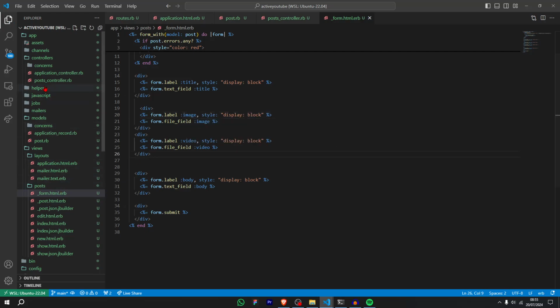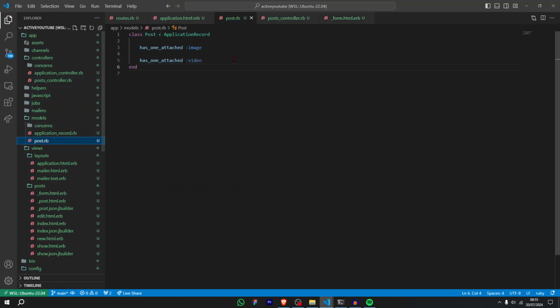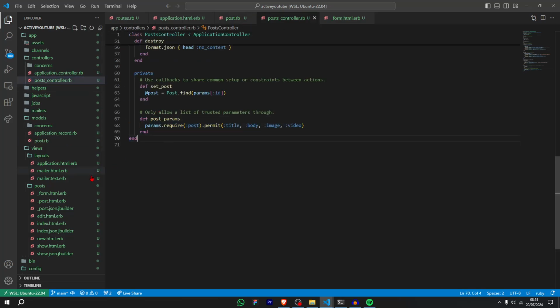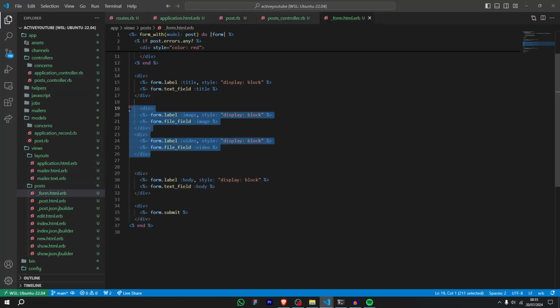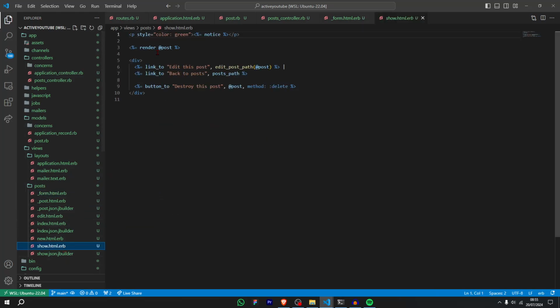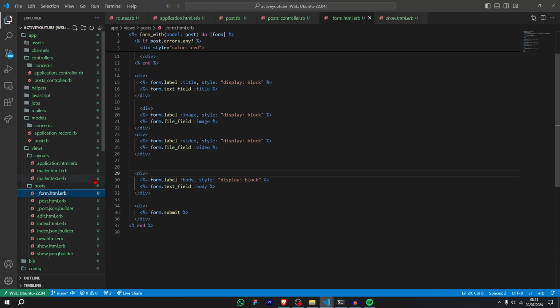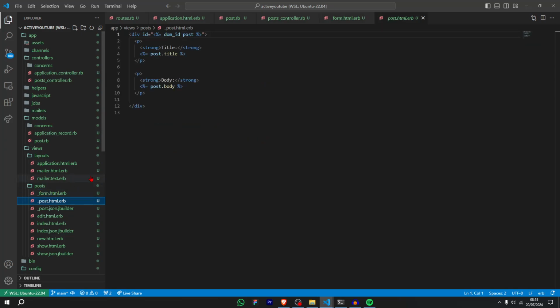So now we've got the models in. In the post model, we're attaching the image and video. In the controller, we're permitting it, and in the form, we're actually allowing this all to happen inside the view. So now all we need to do is actually display the image and video, and then it should be going well. So I'm going to go in here and I'm going to say